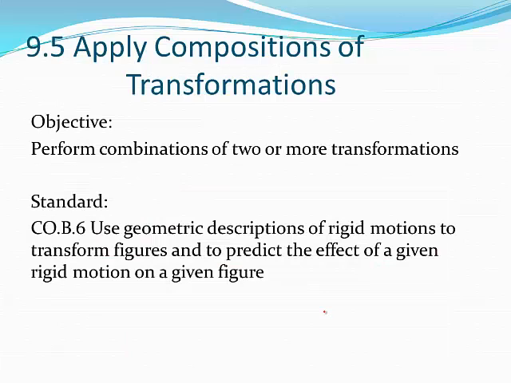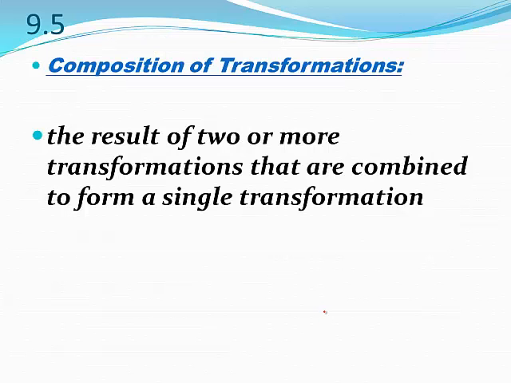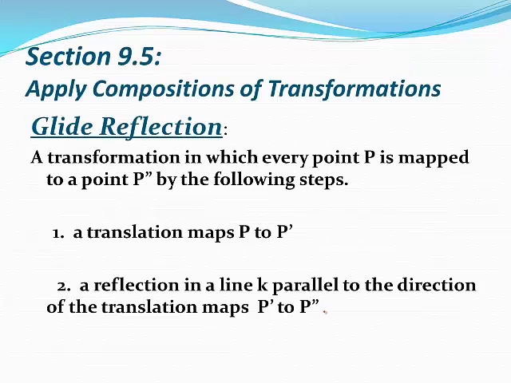Okay, so we have apply composition of transformations. This is going to be a combination of two or more transformations. And we're basically combining 9.1 and 9.3 into one composition. So composition is a result of two or more transformations that are combined to form a single transformation. So the one that we're going to focus on is something called a glide reflection. And a glide reflection, all it is, is a 9.1 translation and a 9.3 reflection. And you do this on the same graph